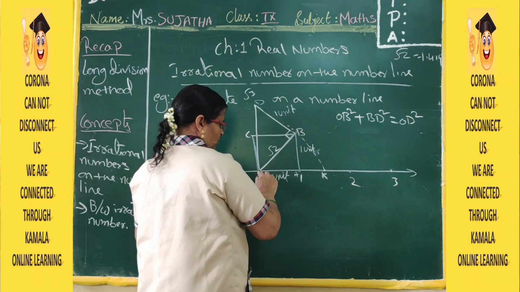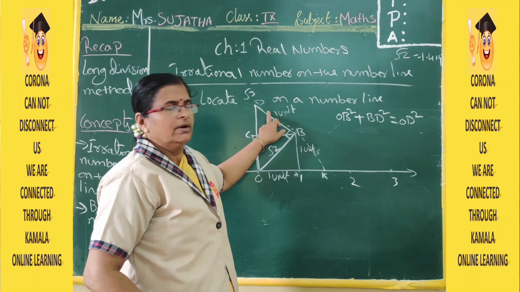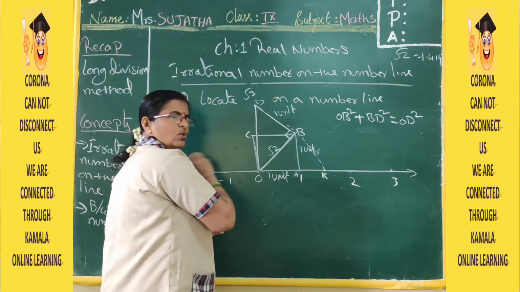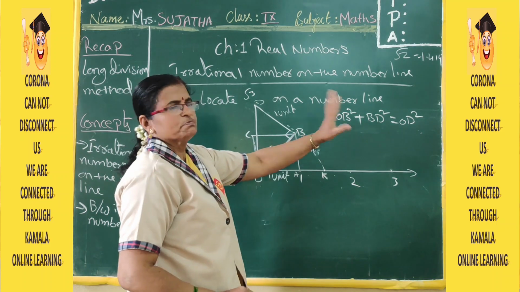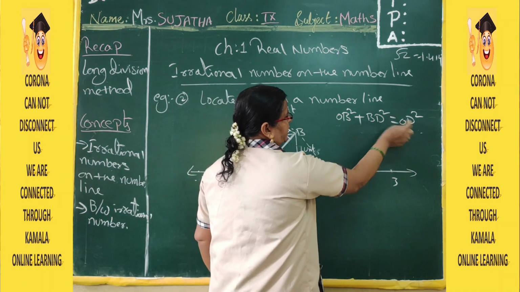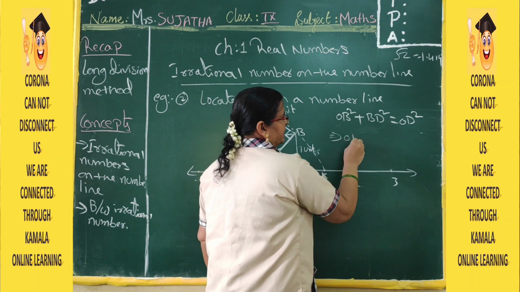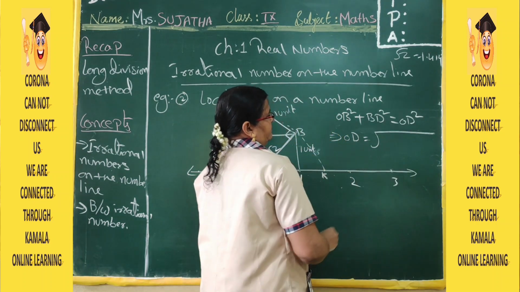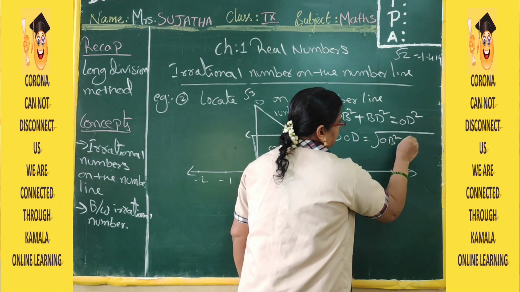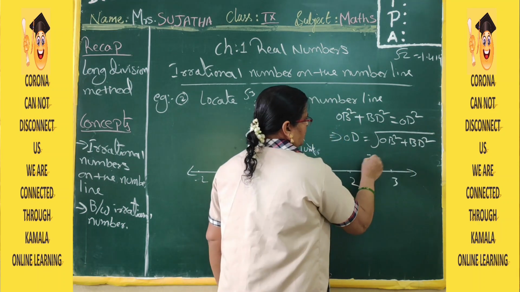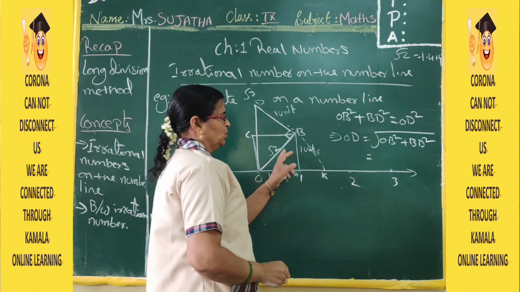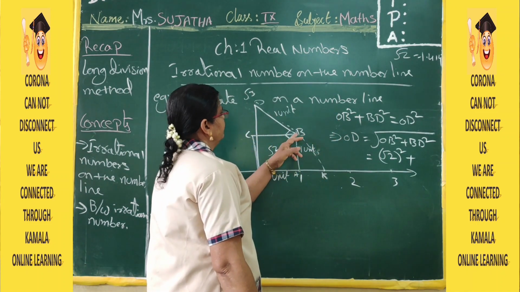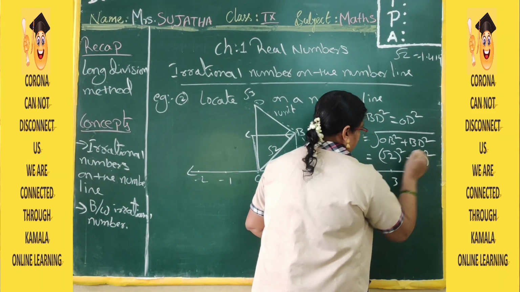I said now from OB perpendicular you have to draw one perpendicular line. That too how much? 1 unit. Then after that you have to join OD. Now OD distance you have to find. Use Pythagoras. So by Pythagoras theorem, OD is equal to, this square will come this side, it will change into square root. That is OB square plus BD square. Now how much OB? OB is √2. √2 whole square plus what is BD? BD 1 unit. That is 1 square under root.